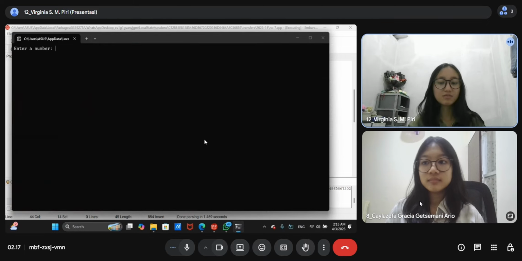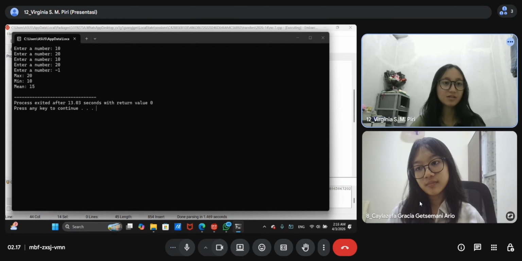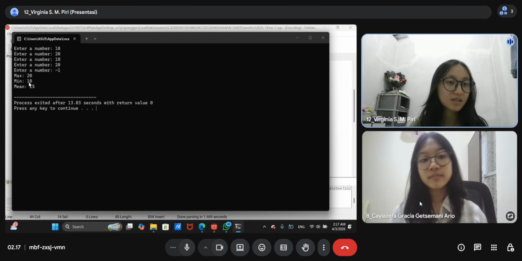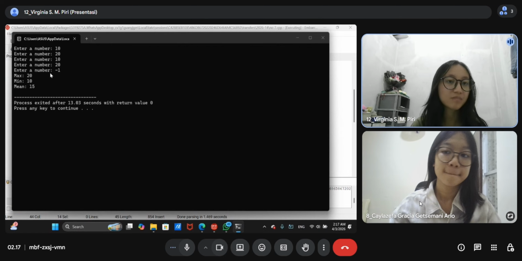So let's put another number. Let's put something that we can count easily. 10, 20, and then we put minus 1. Okay, so the max is 20, yes, and then the min is 10, yes, and then the median is 15.